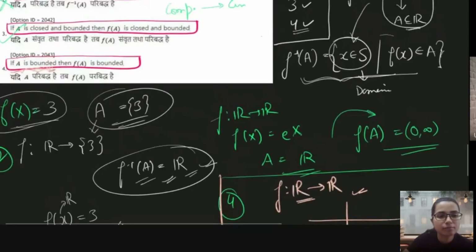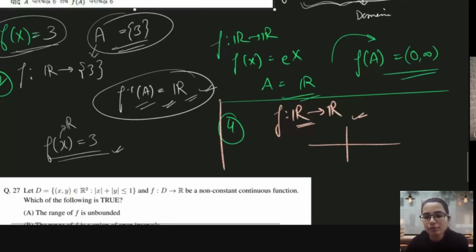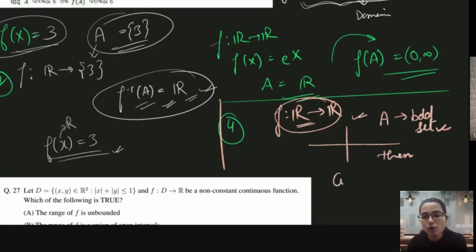Okay. Yes. So in this case, just a second. We have a function defined from R to R, and we are given that A is a bounded set. Then we know that compact sets are mapped to compact sets. So with the help of this, I can say that this bounded set will also be mapped to a bounded set, because